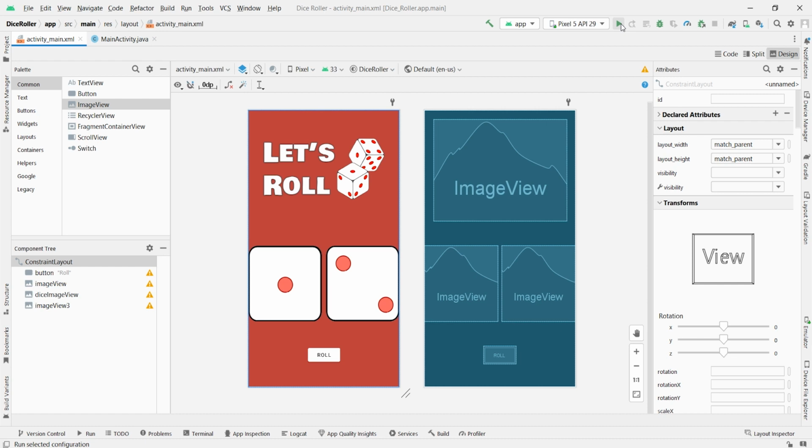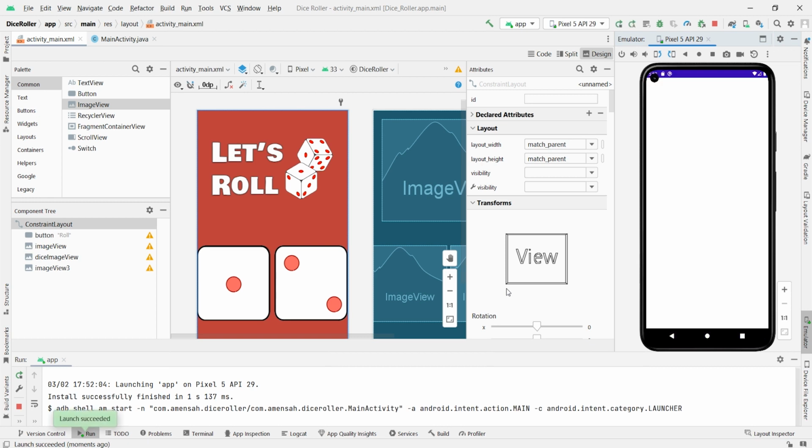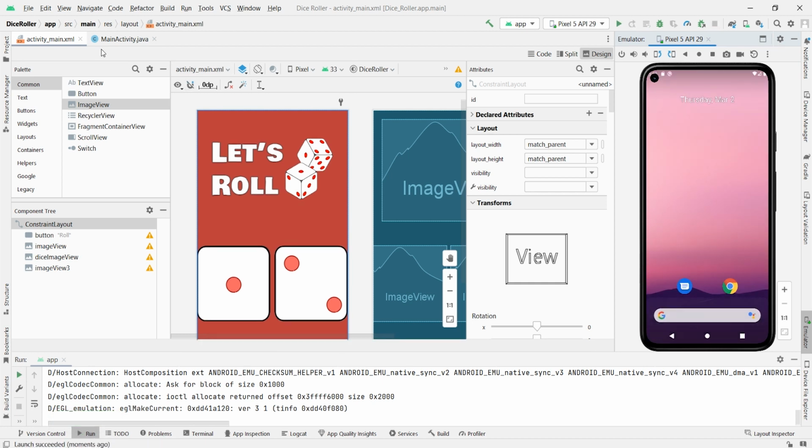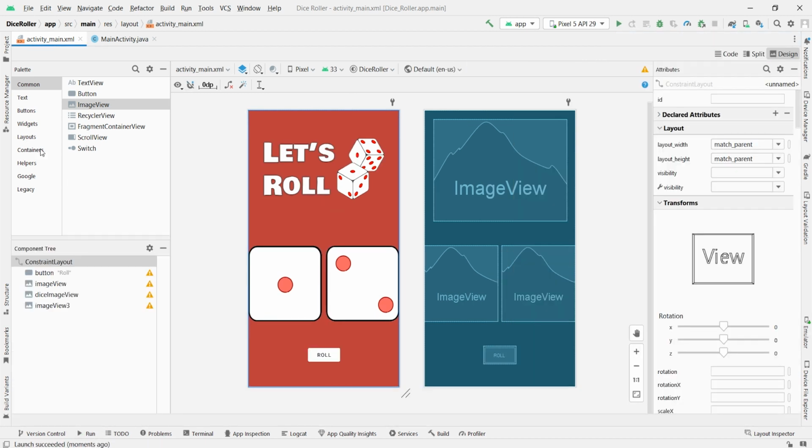Let's run our app just to see how it looks so far on our screen. So you can see once I run my app, these two are overlapping each other. So there are two ways to address this issue. First, let me go back to our design view. A different way to address this issue is to use a horizontal linear layout. We'll go into more detail about that later on, but I just want to show you how to do this